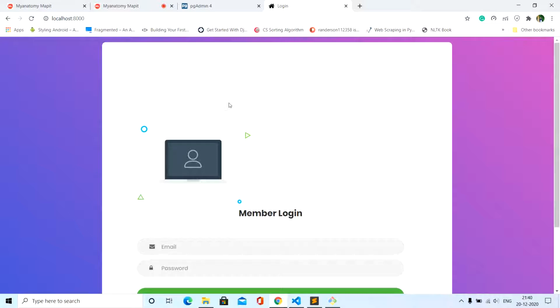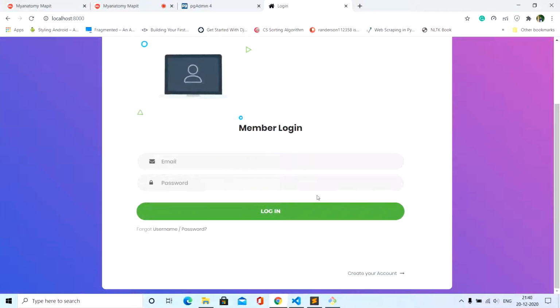In this application, we have three pages: login page, registration page, and the main page. A new user has to create an account on the application by using the registration page.